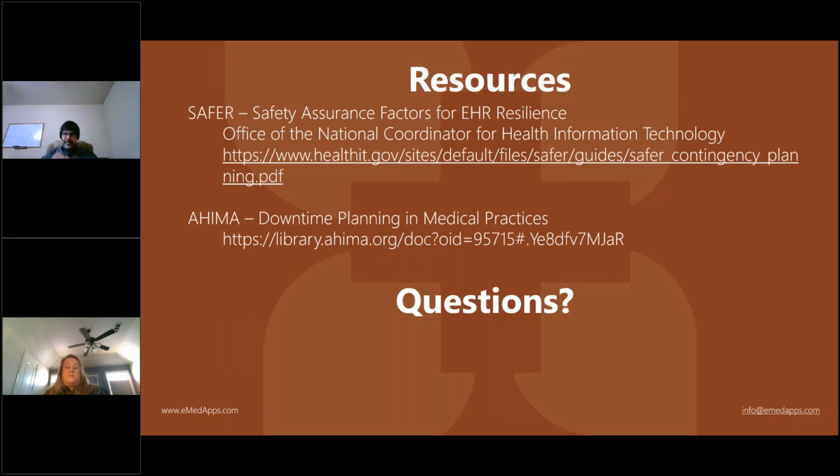What we often get into is a mindset of the clinical staff comparing the downtime process to the EMR, right? They say, okay, I have this and this available in my EHR. Why is that not available in my downtime process? Your downtime process is not an EHR. You're not recreating the EHR. You're not recreating all of the features and functionality that exist in your EHR in your downtime process.